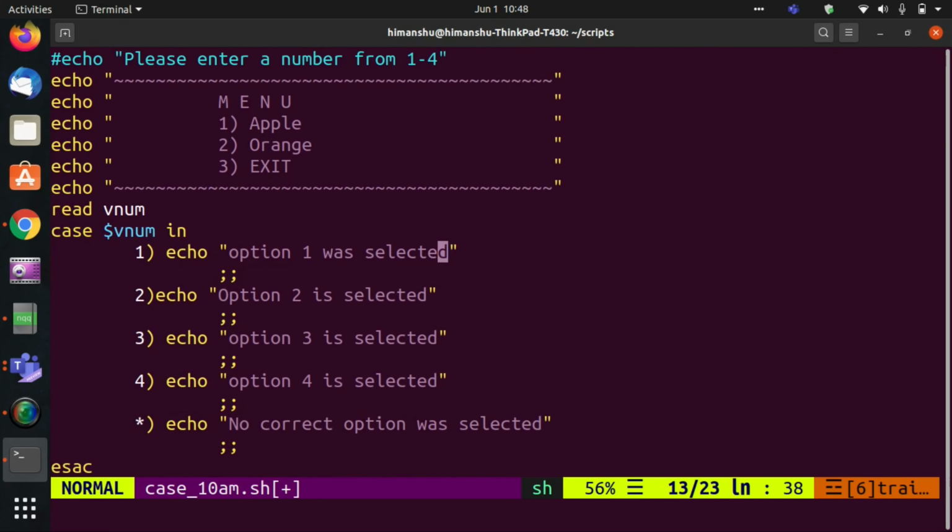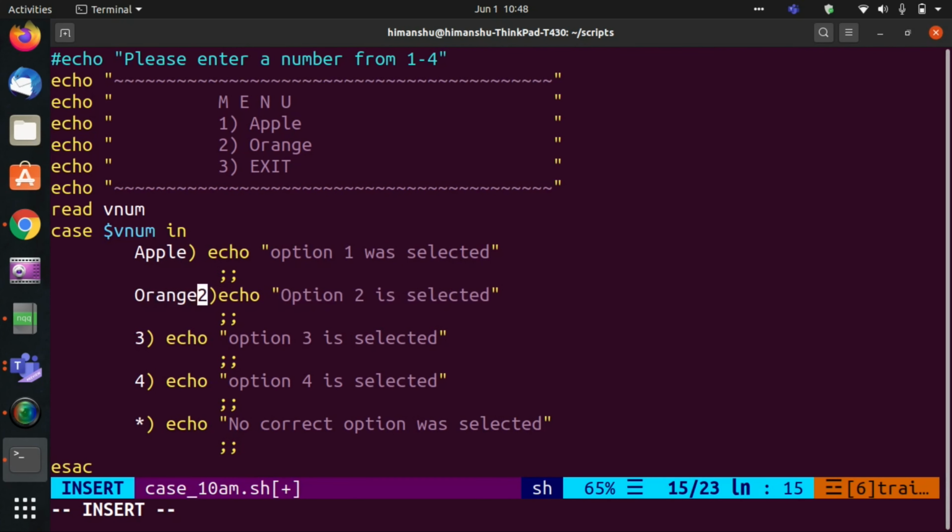So you can give the same name here also, that is not a problem. Okay, so I will say here I will select apple. Option 2 I will select orange. I will say exit, sorry, exit.